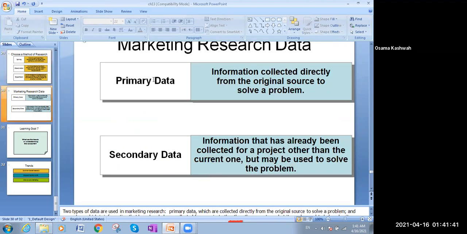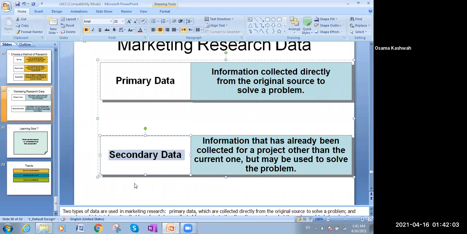Primary data. What is the difference between primary data and secondary data? And this is a very important question. Primary data is the data that you collect or gather for the first time. You don't have historical data about what you are studying, so you go for primary data. As an example, if you want to make a factory for detergents in Mississauga, and there was no factory for detergents,